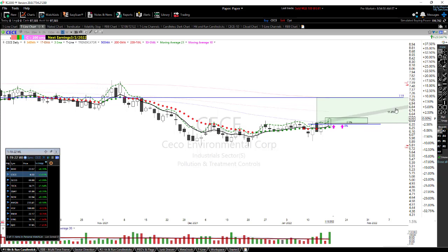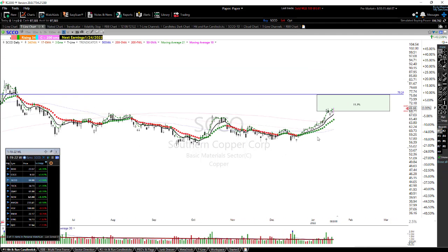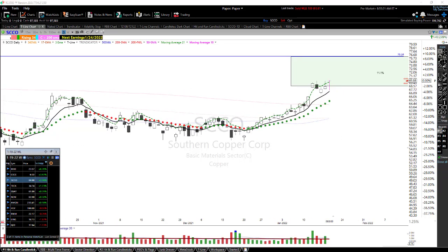And we've got about 11.5% up here to the 200 period moving average. Again, that's just a simple rounded bottom out of the box setup. Of course, you want to watch resistance over on the left. SCCO, beautiful little rounded bottom breakout. Look at that T-line run. Beautiful T-line run. Just to point something out here,